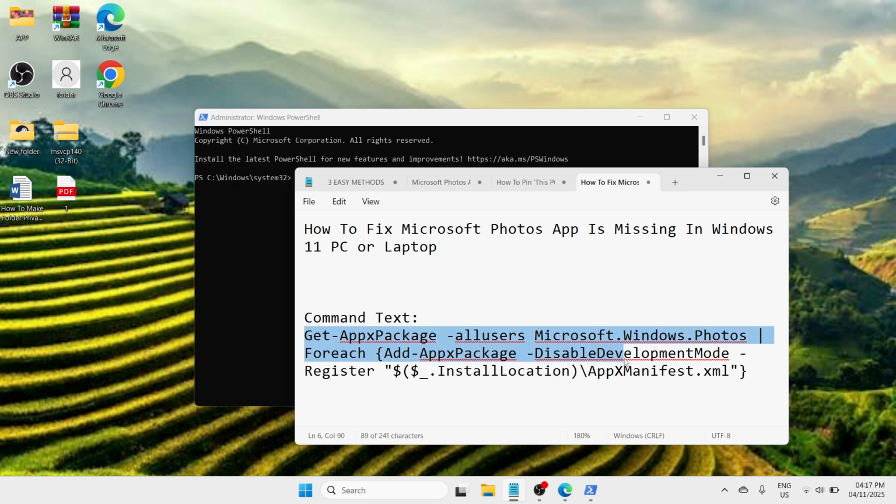Okay, so this is a very important command text that you need to paste here at the Windows PowerShell. Make sure you paste it because when you type that, there is a tendency that you will commit an error or a typo, and that would sometimes lead to an error, or worse, you won't be able to fix the problem. Okay, so it is Get-AppxPackage space dash AllUsers space Microsoft.Windows.Photos space vertical bar space Foreach space